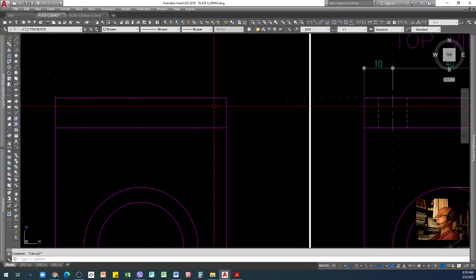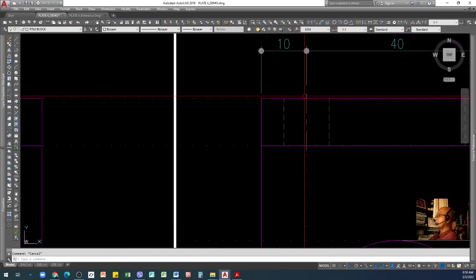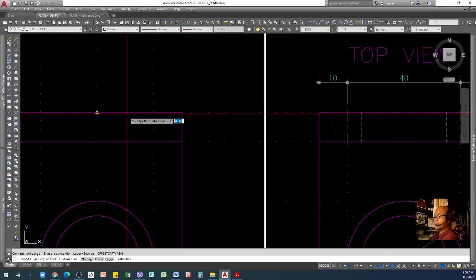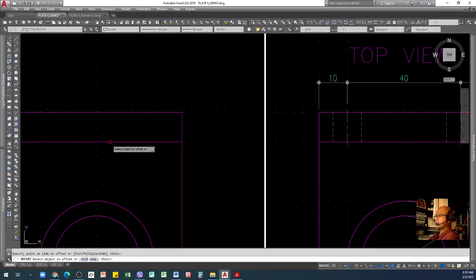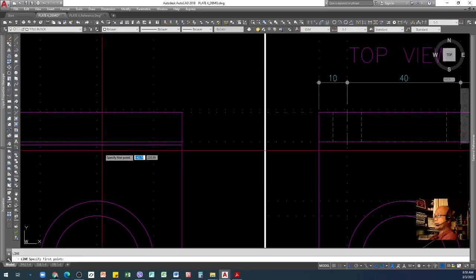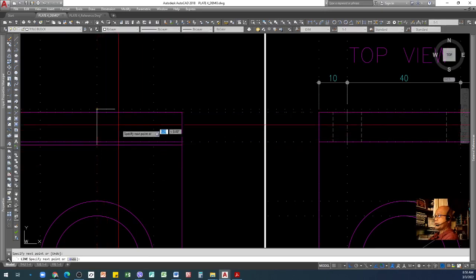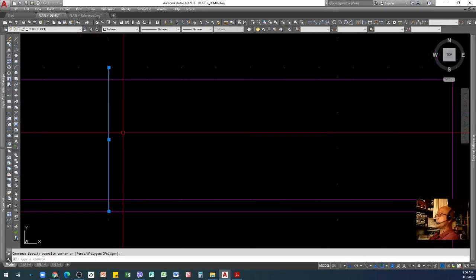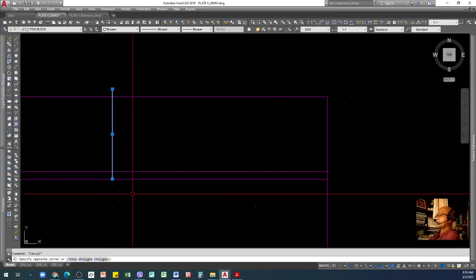So center line, to create the center line, which is this one, all you need to do is just offset one here, offset one unit, and then draw a line like that. So this is a bold line, okay, or a continuous line.